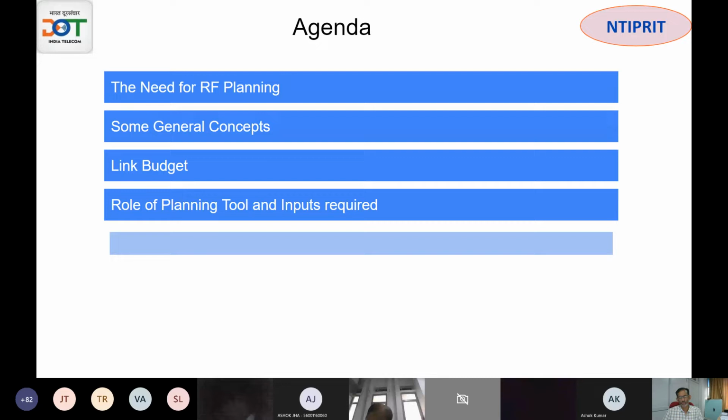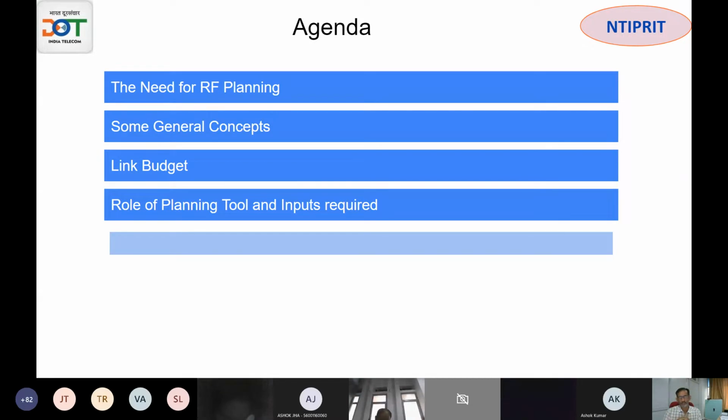So there are many choices that are available to you in terms of antenna, in terms of macro, micro, nano kind of any architecture, in terms of backhaul, and in terms of the location of the tower from the view of future evolution. So many choices are there. So we will be discussing those things.